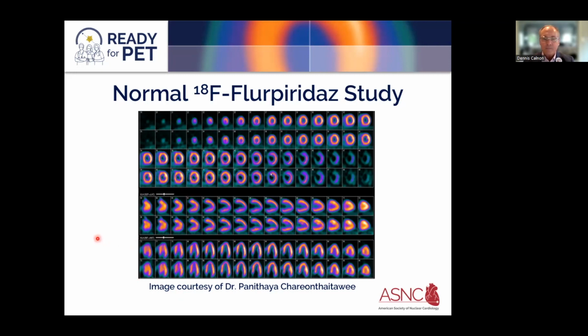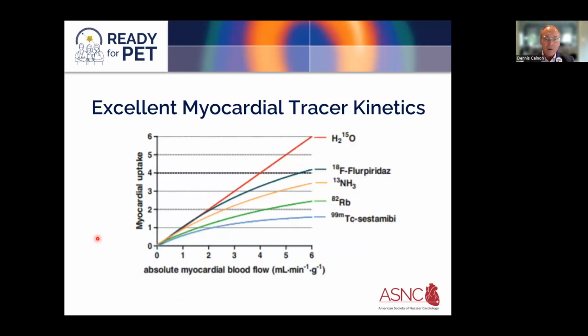The PET myocardial tracers also have excellent myocardial tracer kinetics, which is very important. As you might recall, all of the myocardial tracers in general underestimate the disparity in myocardial blood flow between normal and abnormal regions because tracer uptake is not linear at high myocardial blood flow rates. So for example, with our commonly used SPECT tracers, such as sestamibi or tetrofosmin, there's quite a bit of plateau in uptake,